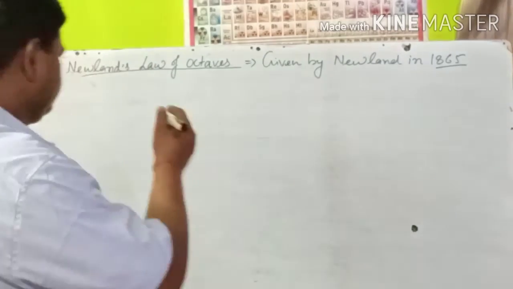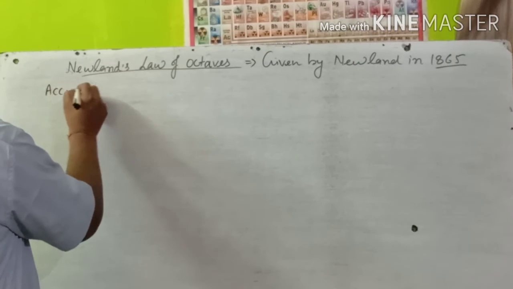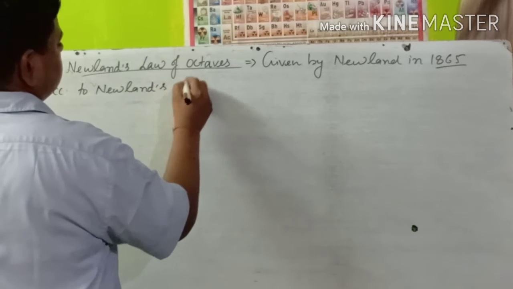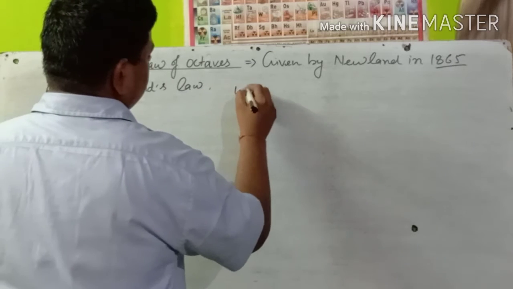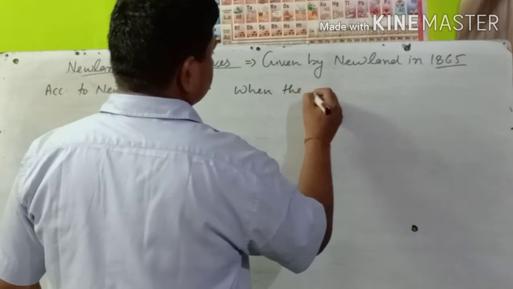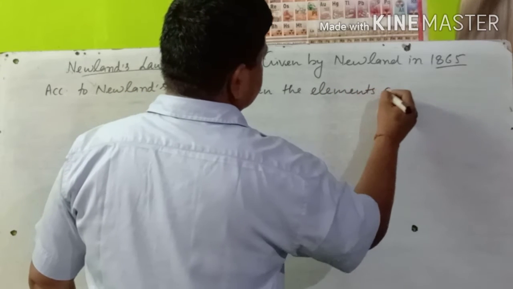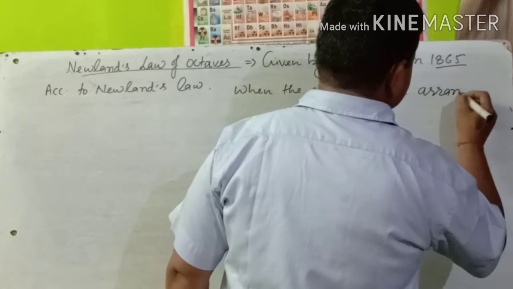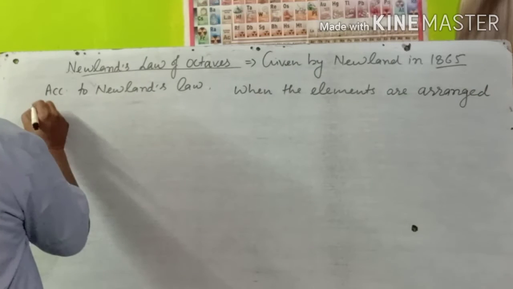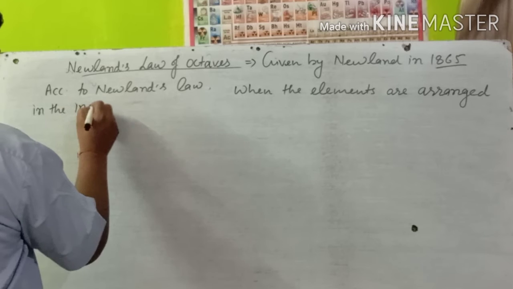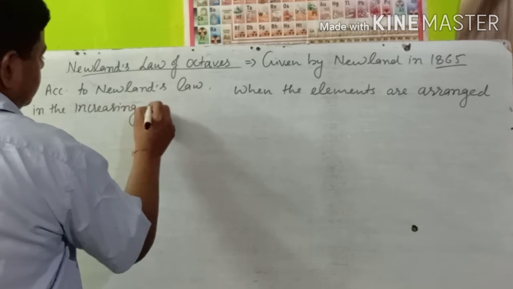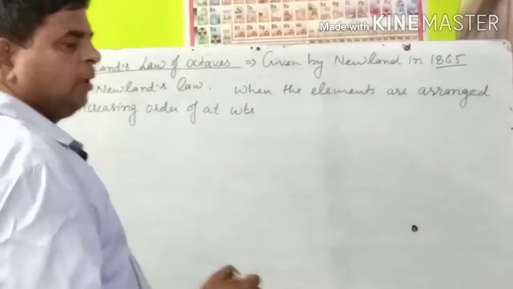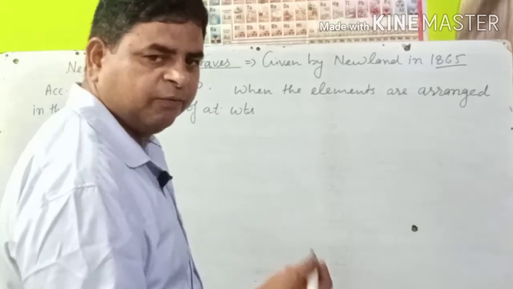According to Newland's law, when the elements are in the increasing order of atomic weights, the properties of every eighth element